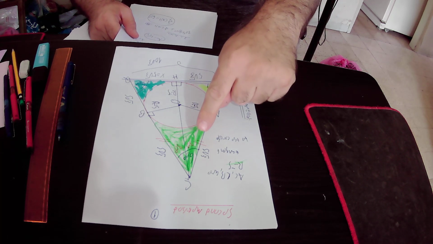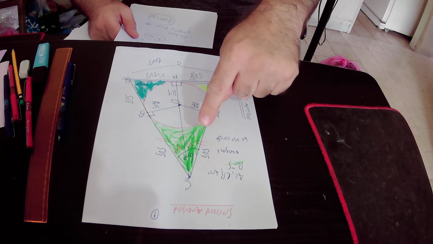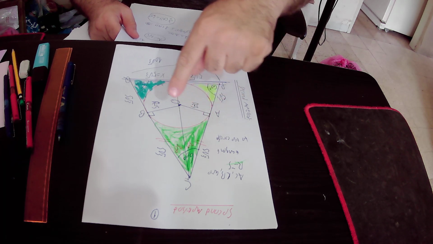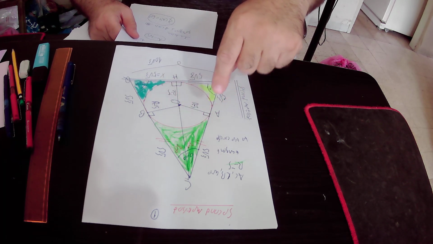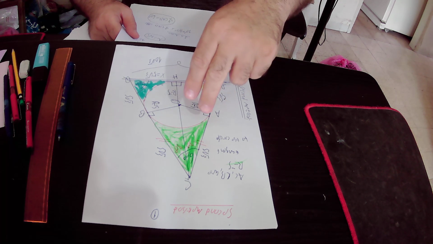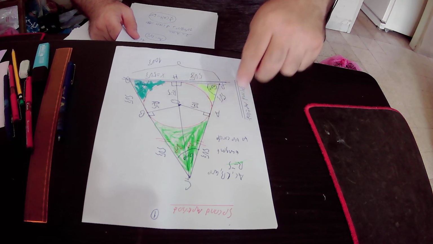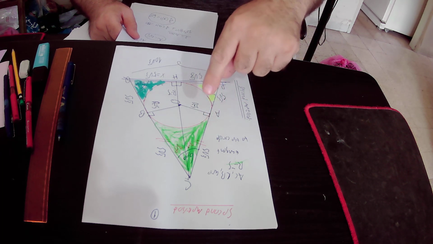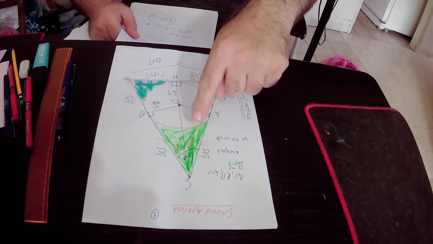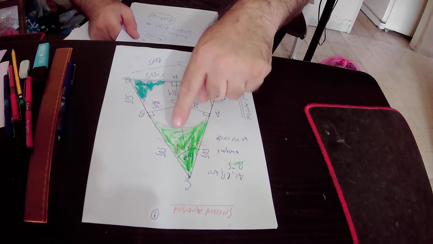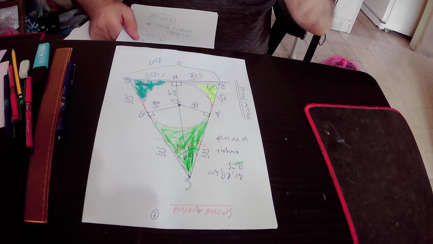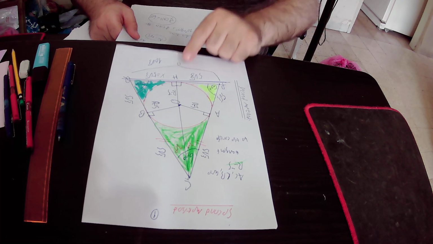Therefore angle ACO equals angle BCO, and if one angle is x, then the other angle is also x, so 2x must be equal to 60 degrees. We divided this equality by 2 and we got that this angle is 30 degrees and this angle also equals 30 degrees. Then we know that